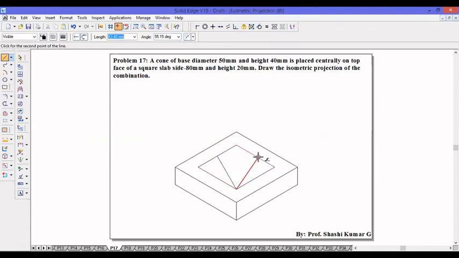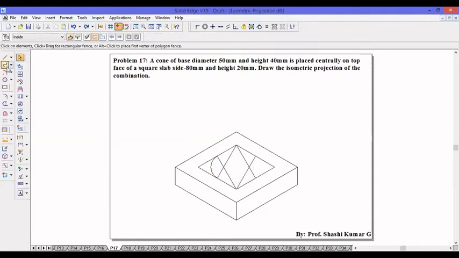Draw an ellipse using the midpoint method. From this corner join to the midpoint of the opposite corner. Go for the arc by center point method. From the intersection start drawing the arcs. This will be the center and keep this as the radius, and finally these two intersections. Then find the center of the square.